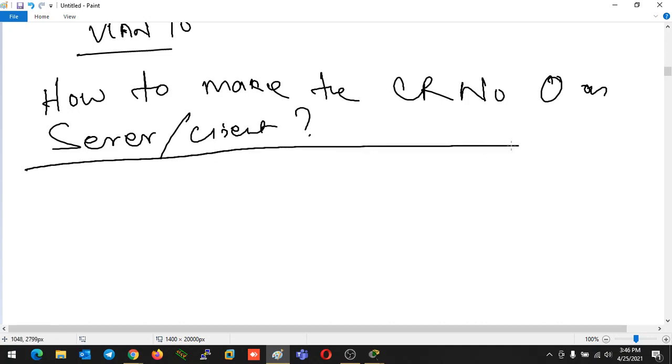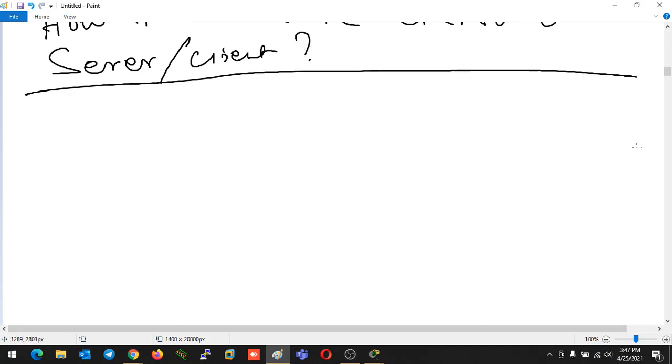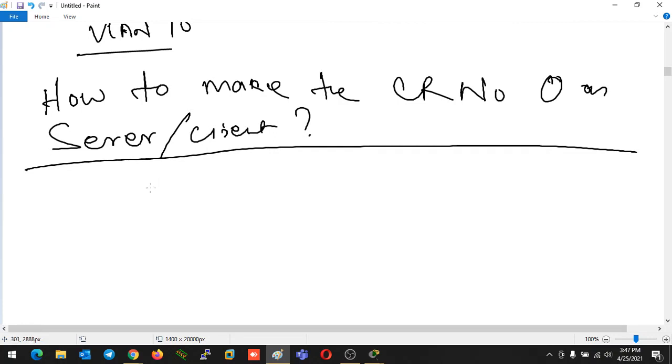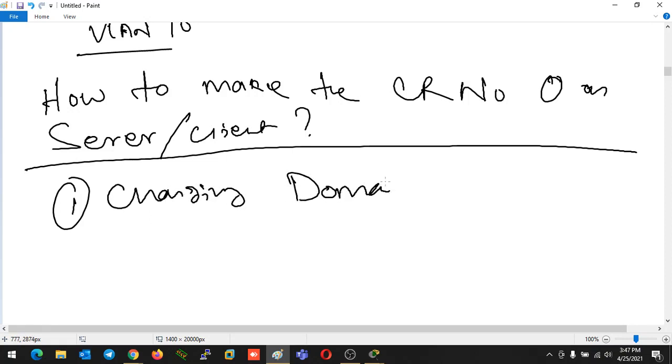Because on a transparent switch the CR number will always be 0. So we have 2 methods to change the CR number of a switch to 0. First one is changing the domain name. If you change the domain name of a switch, the CR number will reset to 0.